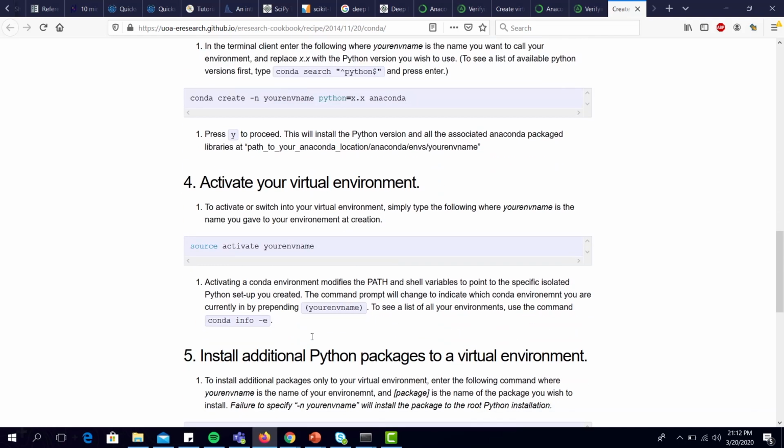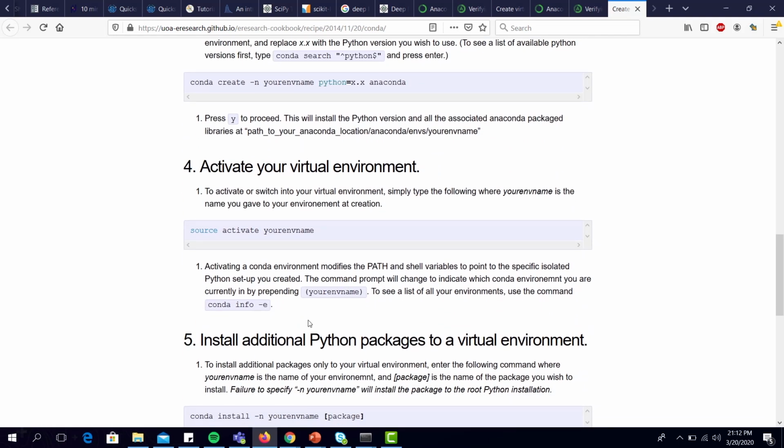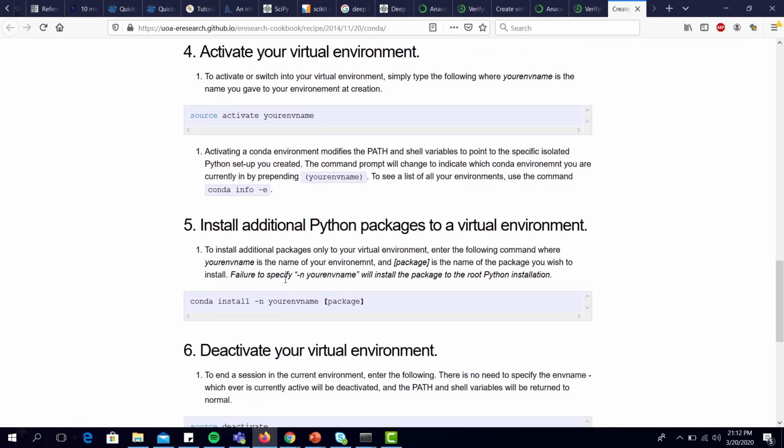You then activate this virtual environment, so that any previous environment that you're currently connected to, you can disconnect from, and then activate the new environment that you've just created. Having done that, you install specific packages which are meant to work with this particular version of Python or this particular environment. So if you're working with the machine learning project, you may need specific packages that are not necessary for other projects,